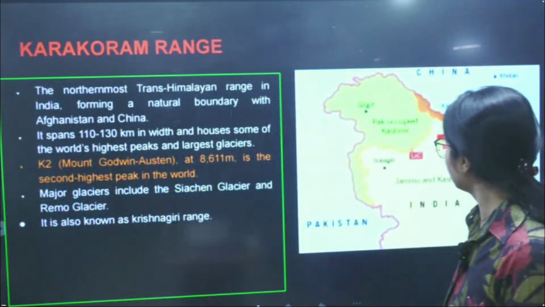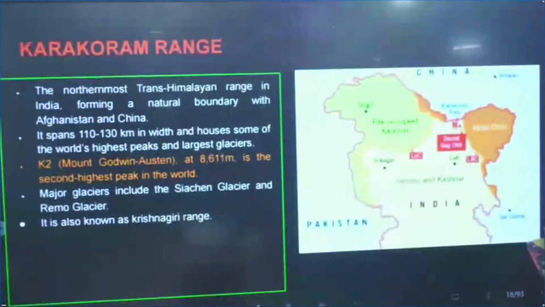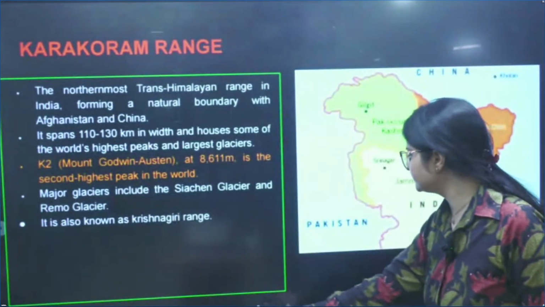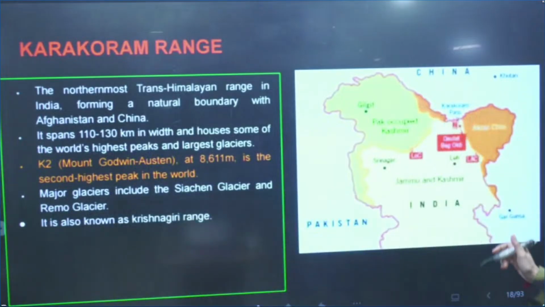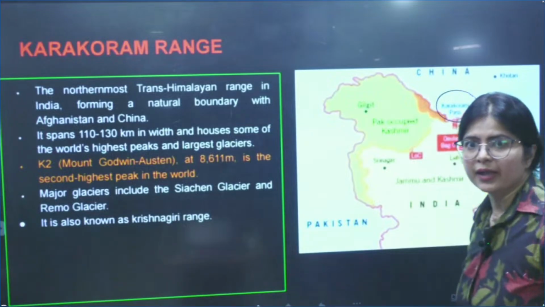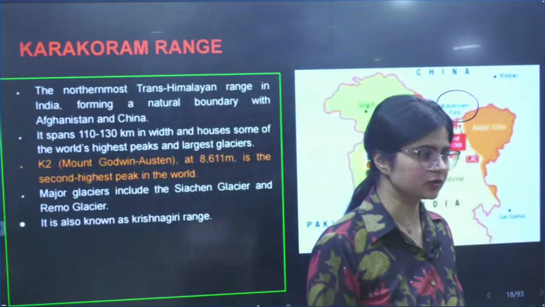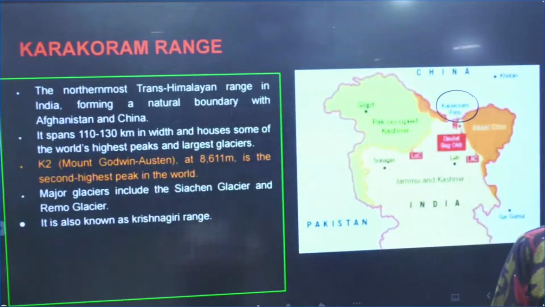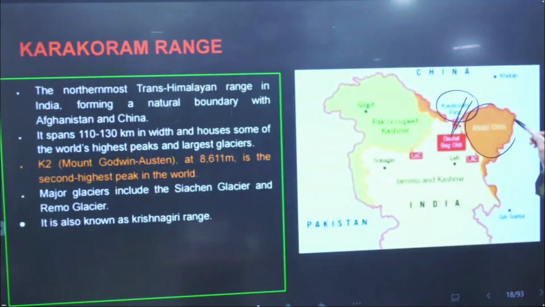Okay. So we have discussed the Karakoram ranges also. I wanted to discuss more about the Karakoram range. See, the Karakoram range has the Karakoram Pass also here. And if you see the recent Galwan Valley issue, which happened in 2020, and after that also, we are having a conflict with China from this region only. This is Aksai Chin. Can you see?